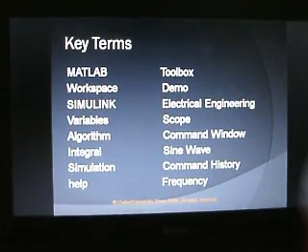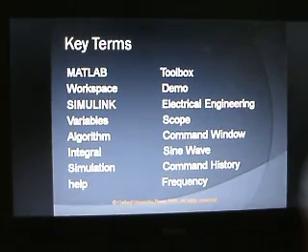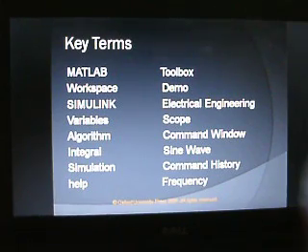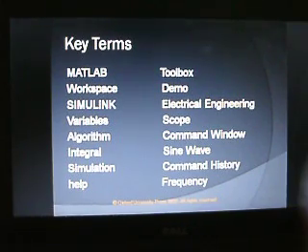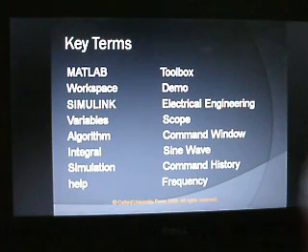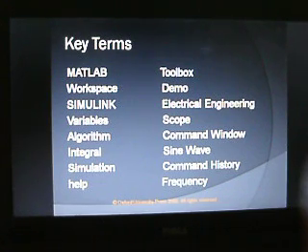The following key terms are helpful to get further details regarding the chapter which you have studied right now. And if you want to go into much more detail, you can refer to the book MATLAB and Simulink for Engineers by Oxford University Press.